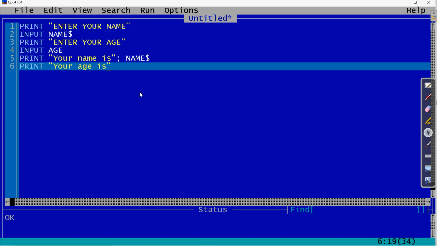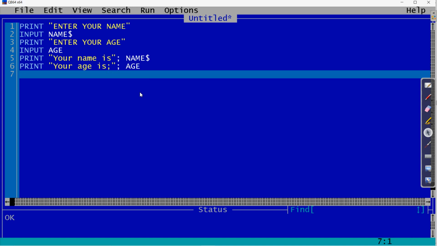Now this is the message, then use semicolon and write the name of the variable where the age is stored. So age is stored in the variable with the name age. Okay, give a space. So this way we have written the two commands to print, and then use the end command to terminate the program.